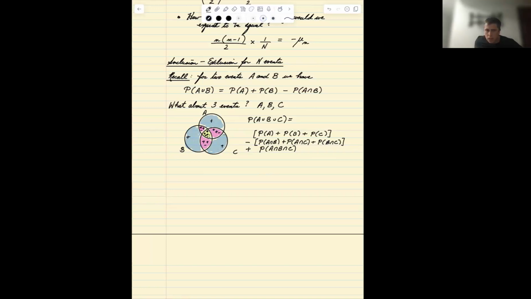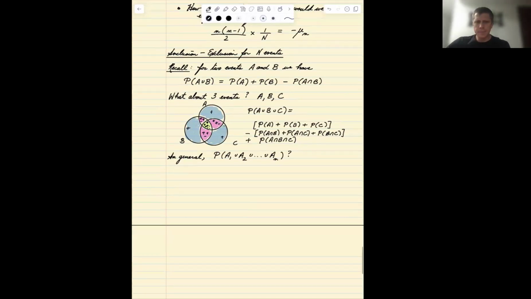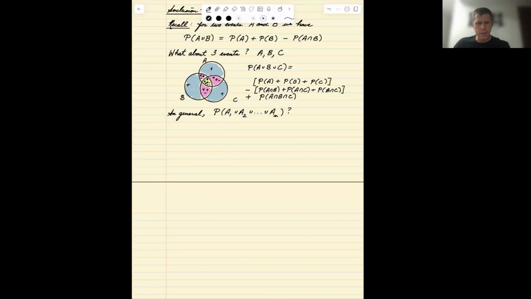In general, how do we do this in general? How do we get the probability of A1 union A2 union up to An? All right, well, let's write down the formula. The way it works is the probability of the union from i equals 1 to n of Ai